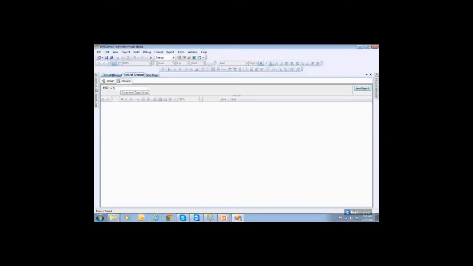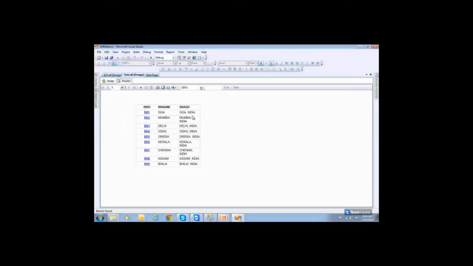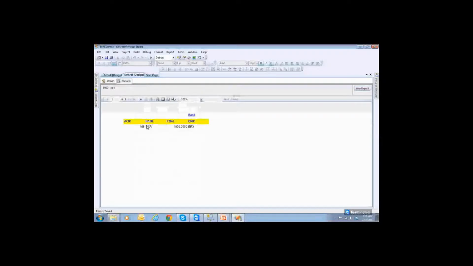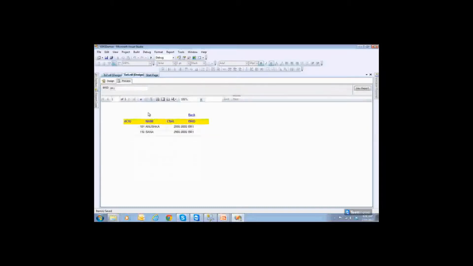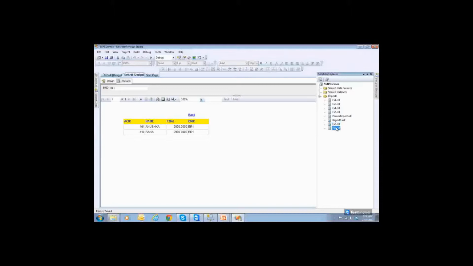BR2 or something. So this is the report. You will be jumping on to the BR7 report. Now this is your BR7. Once you click on say BR3 data, you will be jumping on to BR6 and go back to the BR7 report. Like that, you have created 2 hyperlinks here and here so that you can easily do that.